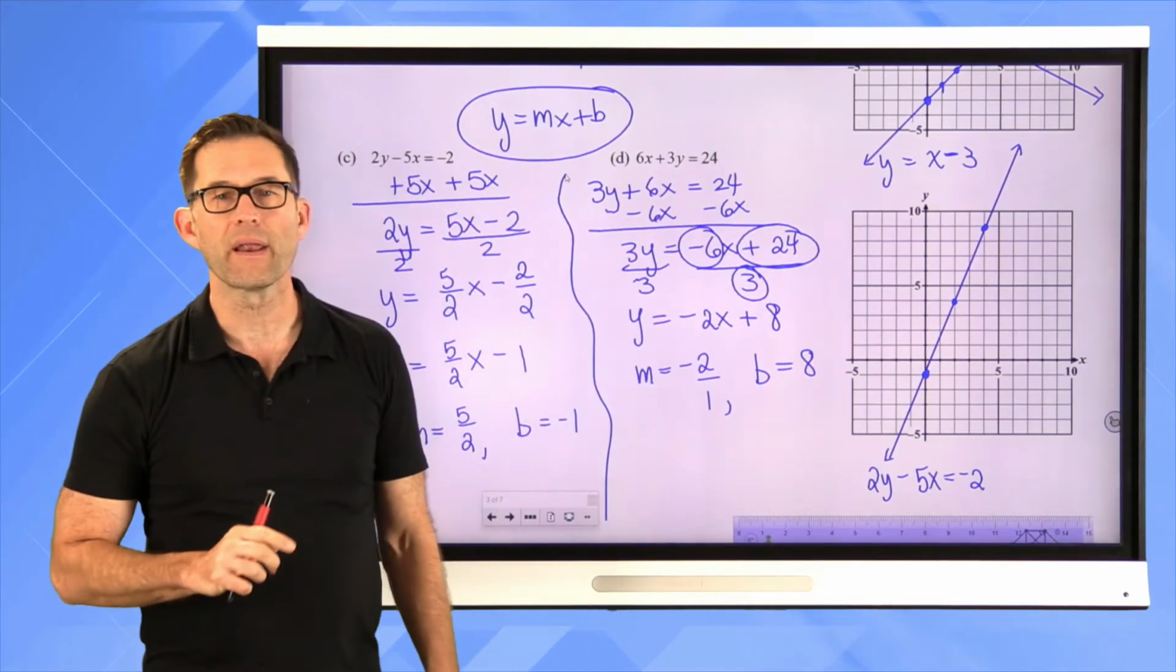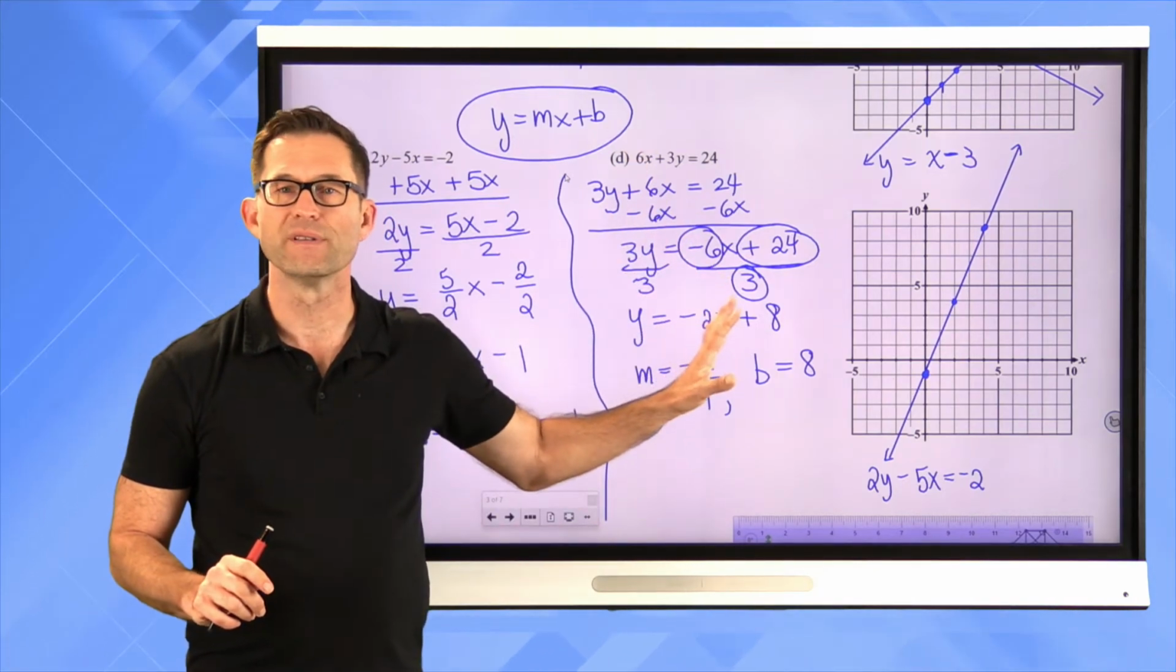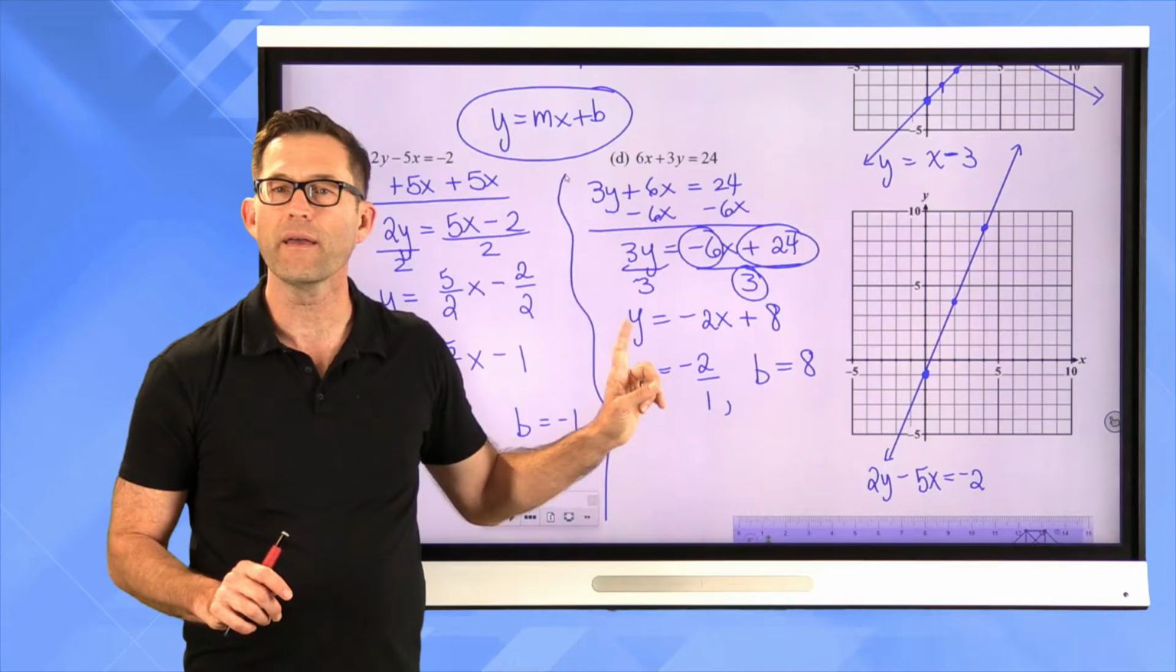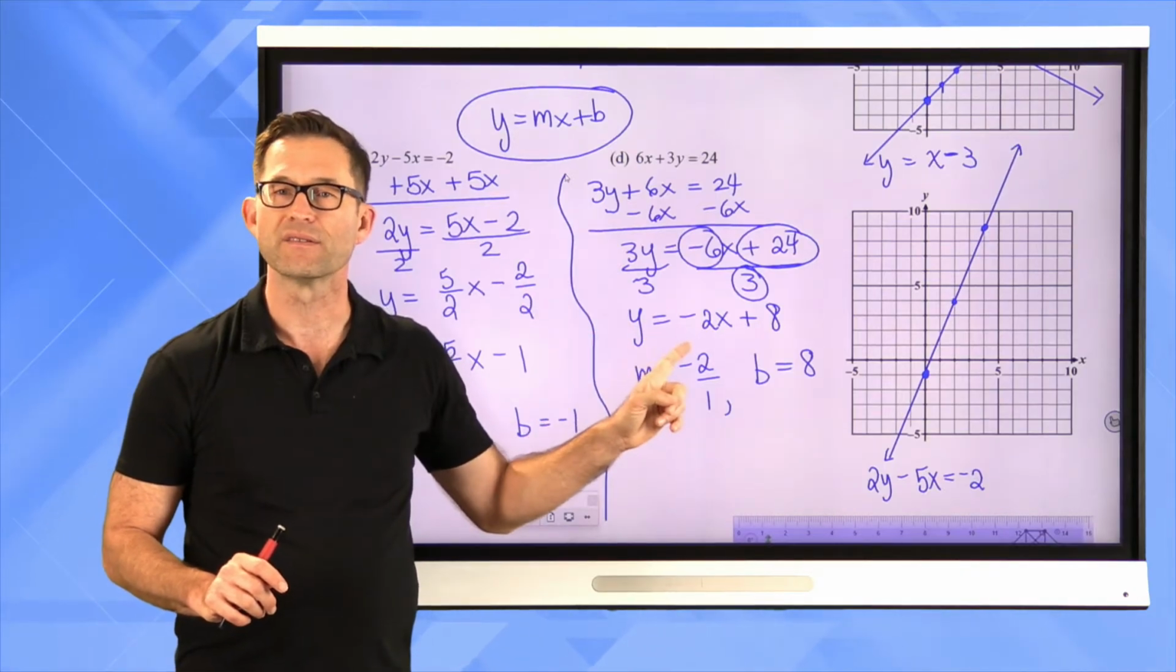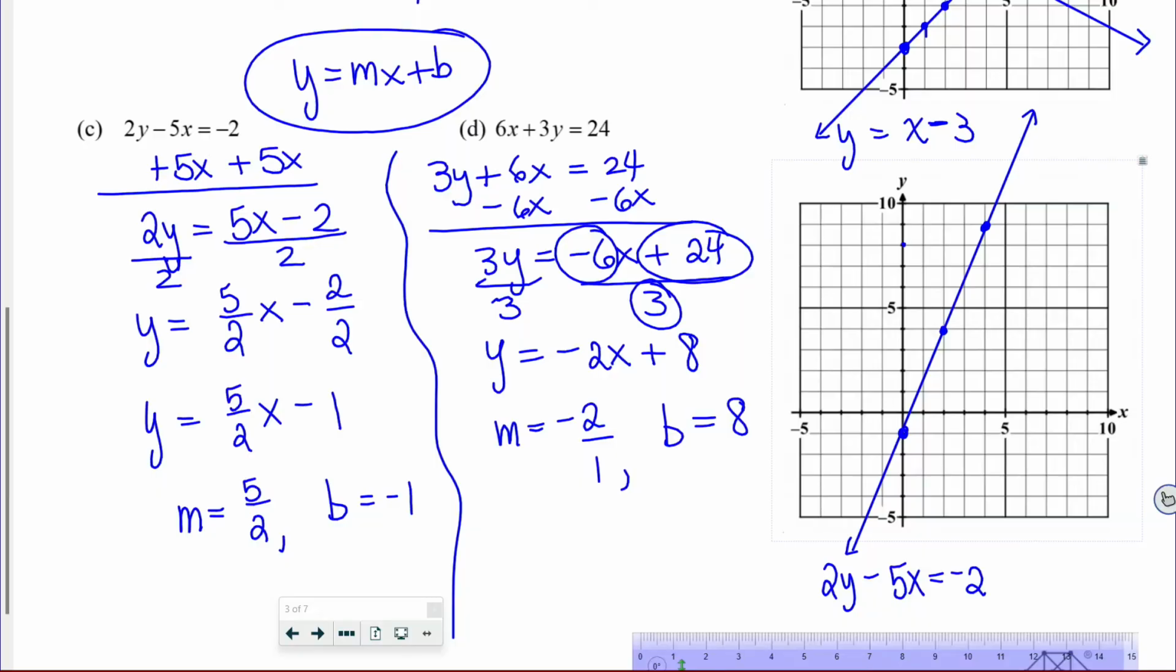So before we plot it, let's just take a moment. All I've done is use properties of equality to isolate the y. Once I've done that, I can then say what my slope is, what my y-intercept is. My y-intercept is 8. A slope of negative 2 then means that I'm going to go to the right 1 and down 2, to the right 1 and down 2,